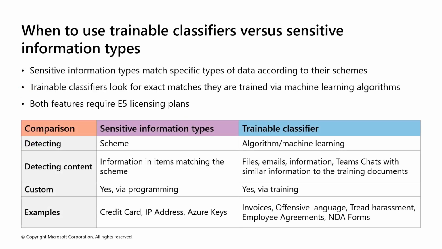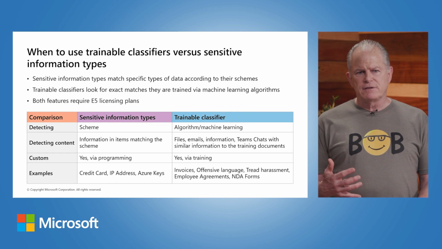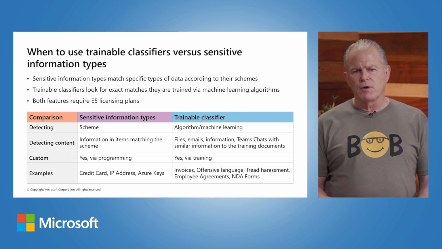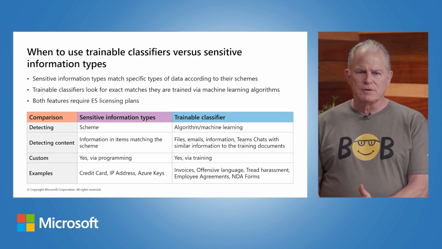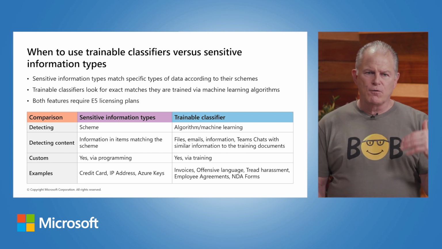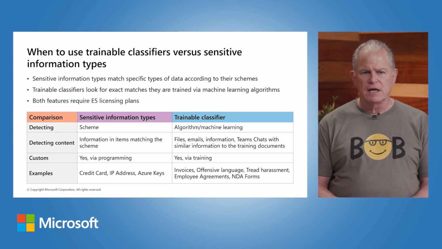We've talked about several classifications and sensitive information types that you can use to identify the data you're dealing with. And so this is a great chart that shows whether it's sensitive information versus trainable classification, and across 4 different categories down that left-hand side. And just for an example, you take a look at